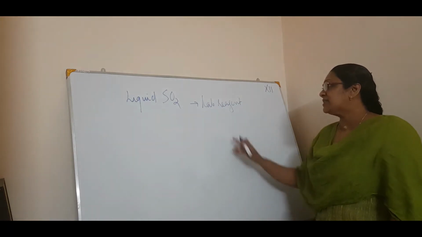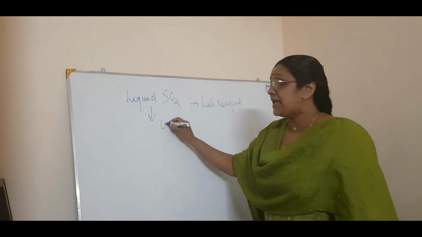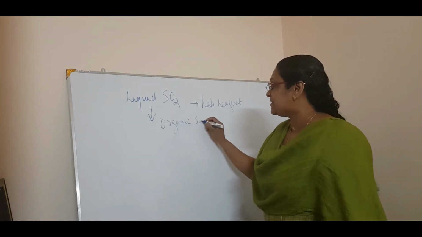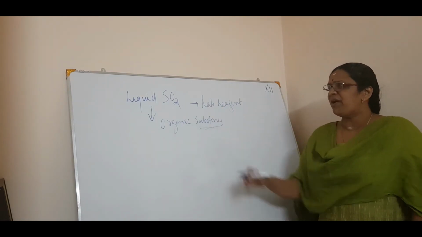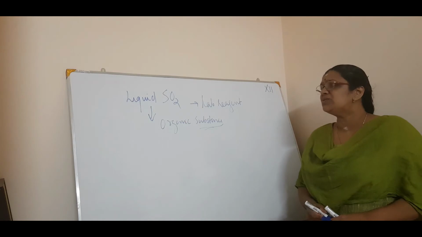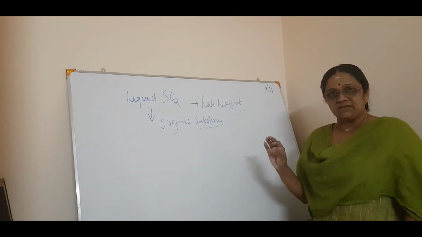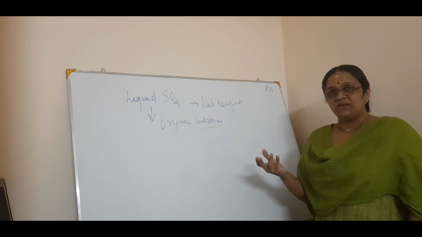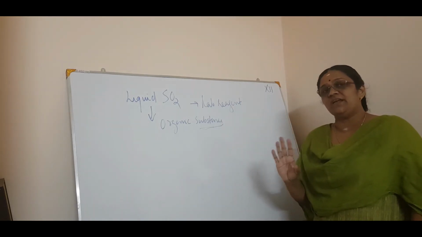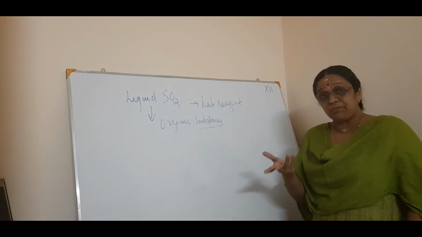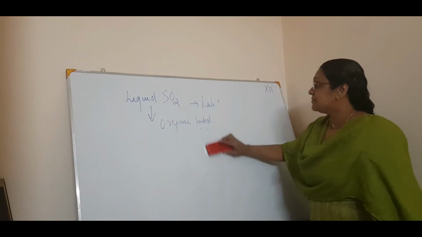So liquid sulfur dioxide is a lab reagent. Why lab reagent? Because it can dissolve organic substances. It can dissolve organic substances, and it is also used in the petroleum industry, etc. So 2 or 3 uses, you just go through it and make it prepared. Okay, at least 2 uses. Maybe they can ask the uses. Okay, so you have to cover every nook and corner. You have to study that textbook, which I say is a Bible. This is all about sulfur dioxide. Is it clear?